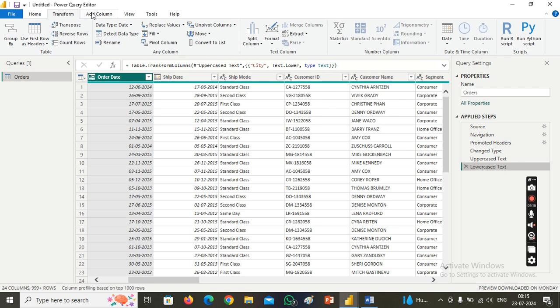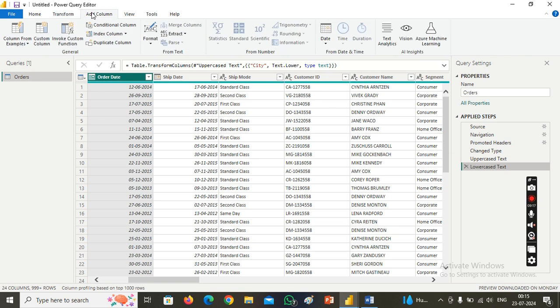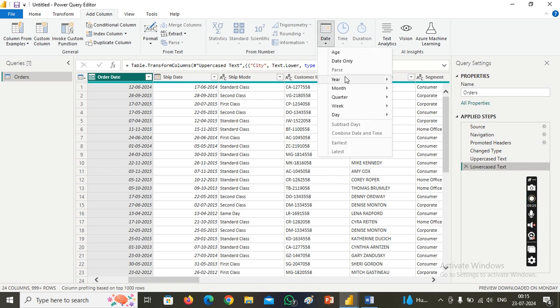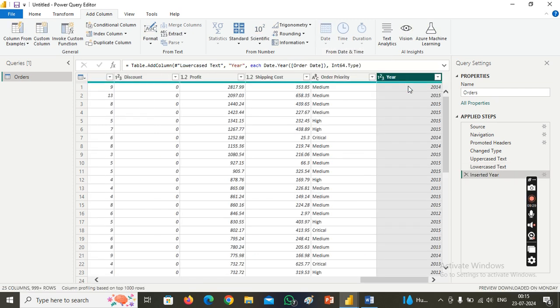We have add column, right? Under add column, again we have from date and time column. Under that, date and year, extract it. A separate column was created. So under the transform tab and add column we can do this type of transformation, but